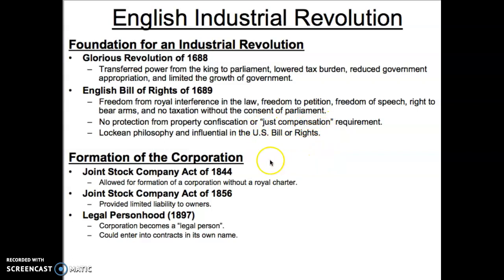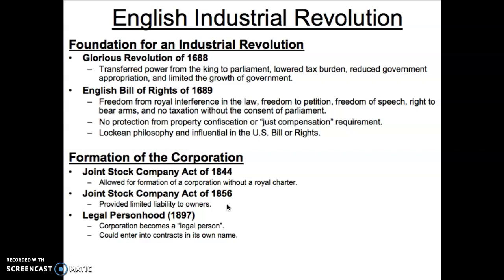Another factor that helped move towards industrial revolution is the formation of the corporation. So a corporation is just an assembly of people that come together to start a business under that particular type model. And the Joint Stock Company Act of 1844 allowed for individuals to come together and form a corporation without royal approval. So that opens the door to more corporations in the business world. And then the Joint Stock Company Act of 1856 allowed for limited liability of those owners. That's even more important because